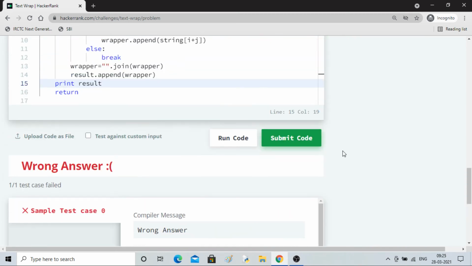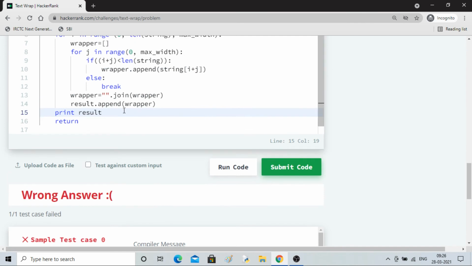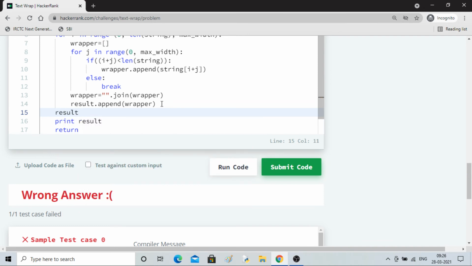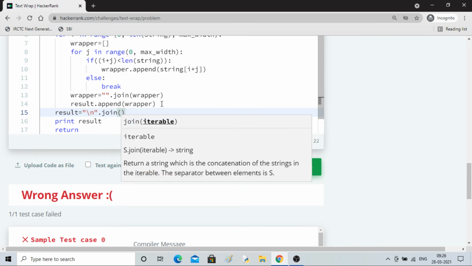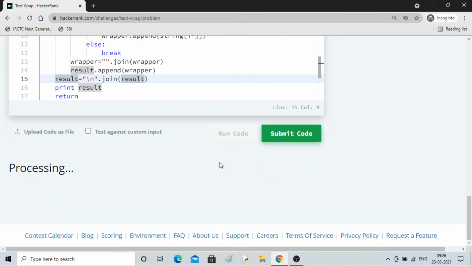Now we just have to arrange it, like we have applied the function of text wrap. So finally we have to get the final result, which is result. I'll align it the way I was doing with the function, with /n dot join result. So I did the operation and saved it in result only. Let's see how it looks.